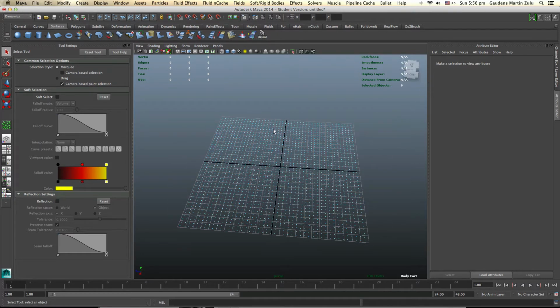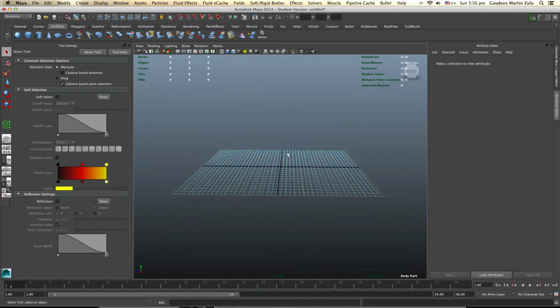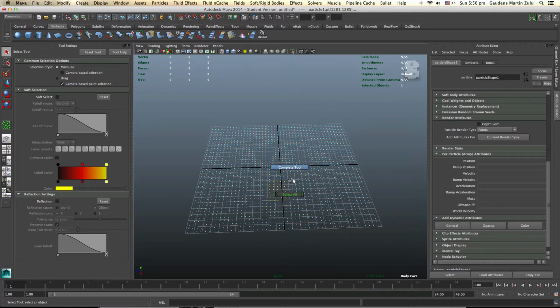And right now this is too straight, it's too uniform. You can actually select that. Make sure you